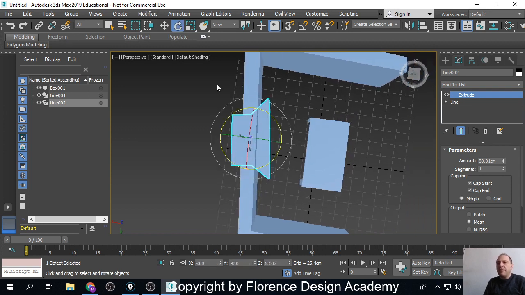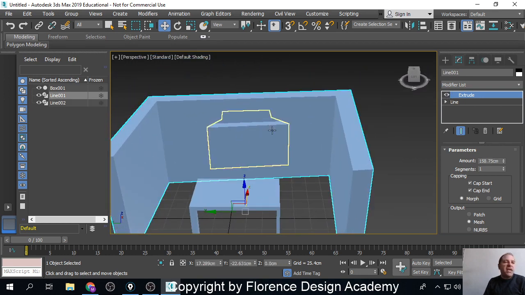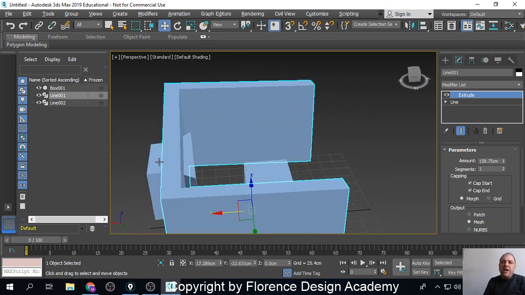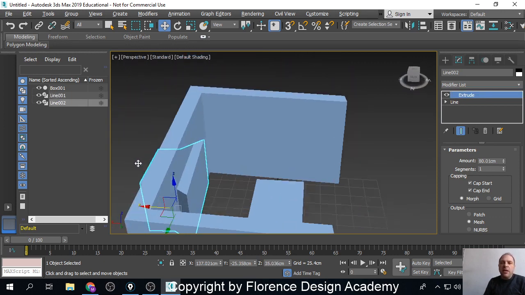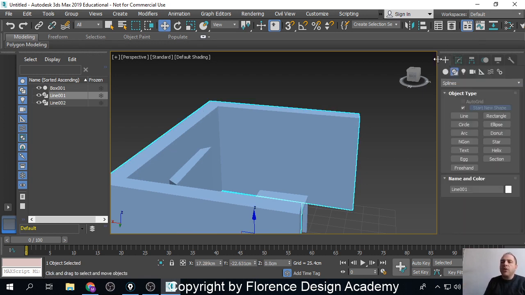I mean, I can be happy with this result. Perfect. So see now, we have this big C-shaped solid object. We have this smaller weird shape,